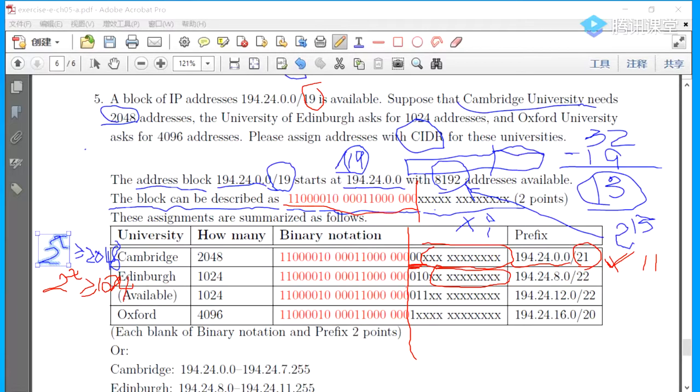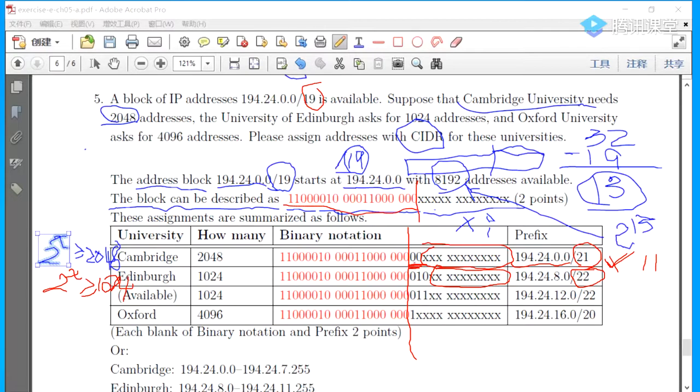Then the length of the prefix for Edinburgh University is 32 minus 10. It is 22, right? So 22, then the remaining 3 bits